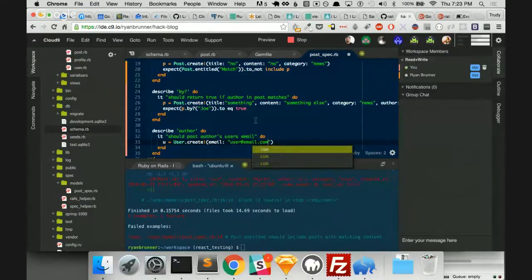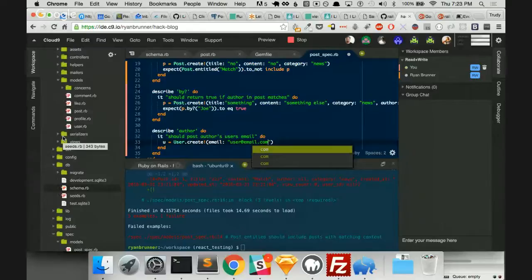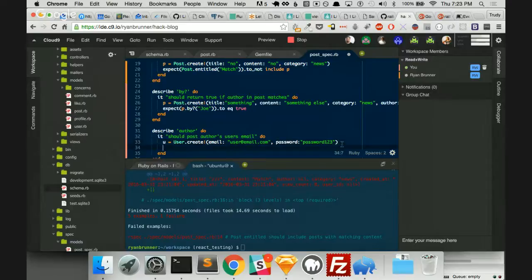user@email.com. Is there anything else validated on the user? Does it need a password? Password, yes, and password confirmation. Okay, we're just going to try this and see what happens. And then we're going to have to create a post with